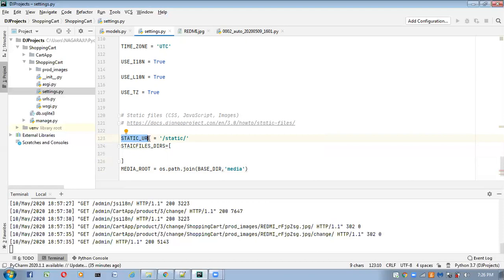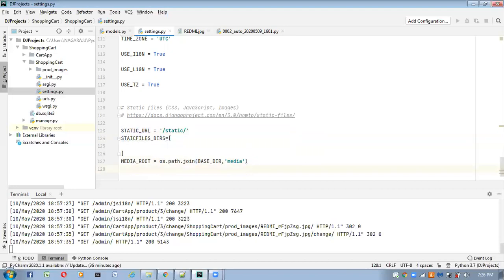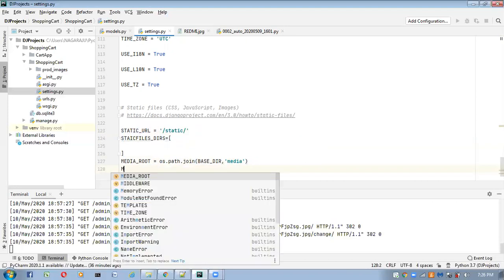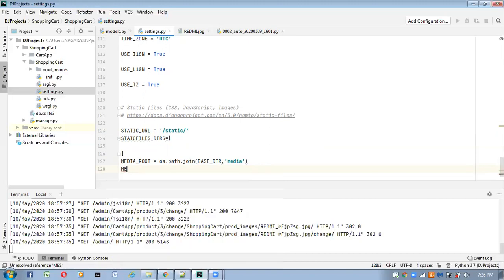Just below this MEDIA_ROOT, we have to add this code. What code do we have to add? Like this: MEDIA_URL equal to /media/. Like this we have to give it here.